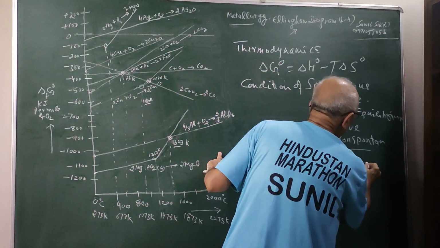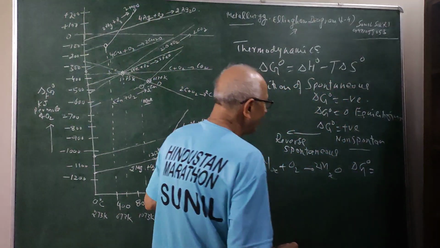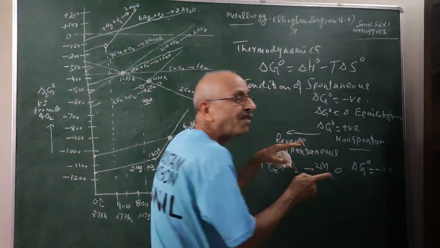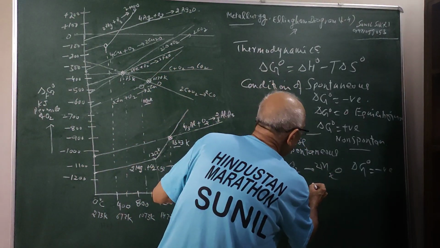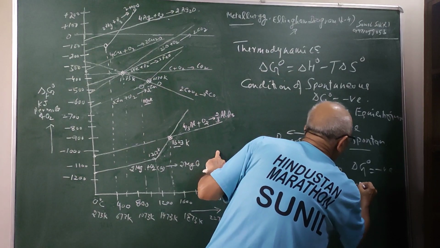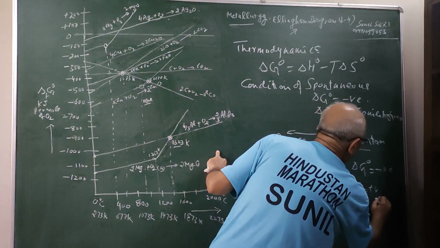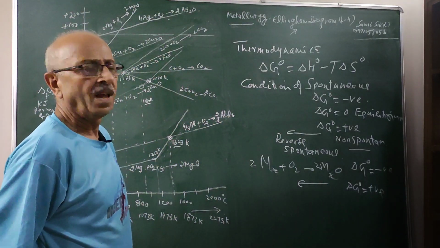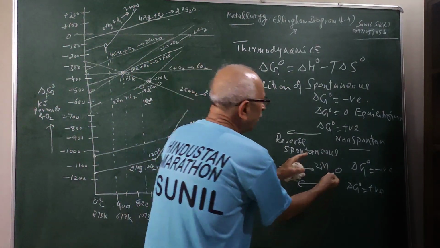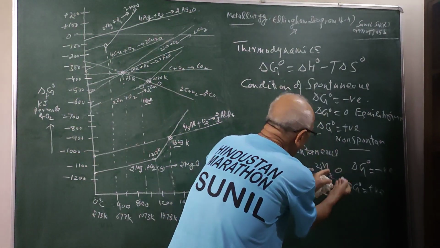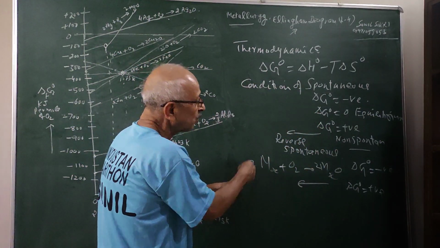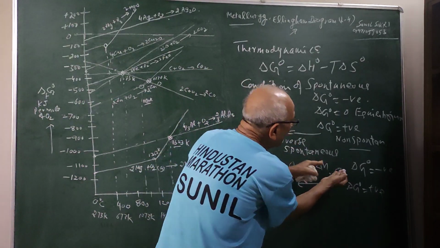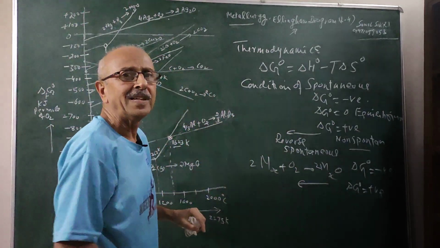If I find the value of delta G0 for this, if delta G0 is negative, the reaction is spontaneous in the forward direction. If delta G is positive for the formation of the oxide, then the reaction becomes spontaneous in the backward direction. What I am trying to tell you is that we are going to dissociate the oxides of the metal to form metals. So if delta G0 is negative, this side is more stable. If it is positive, then the reverse process will take place.